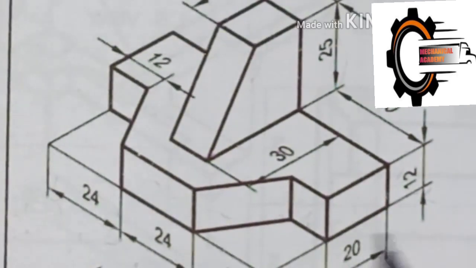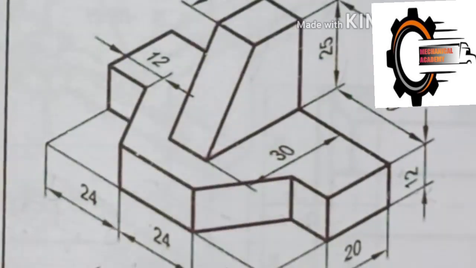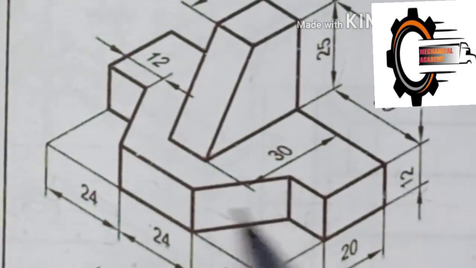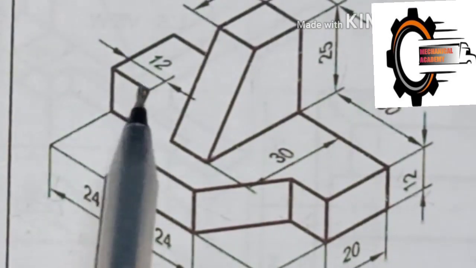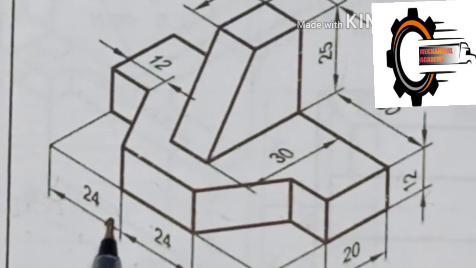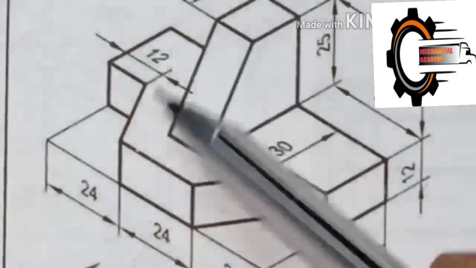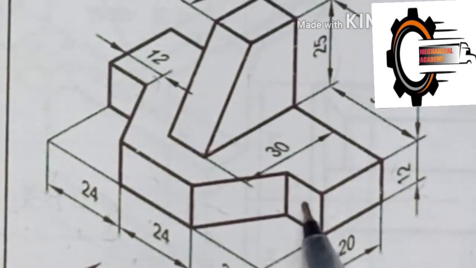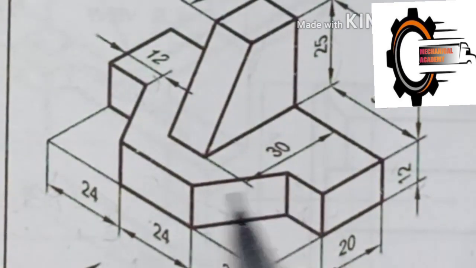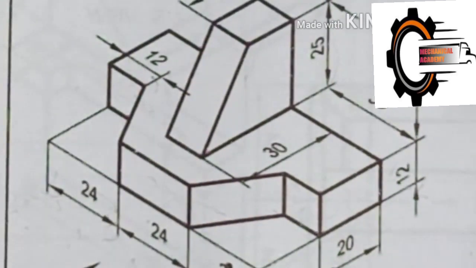Carefully see here, we have two inclination angles. The side is 12 mm, and the total length is 24 mm. Half of this is 12 mm, which means the remaining inclination is also 12 mm. So similarly on the other side, the total is 24 mm. Here we have to complete the three 24 mm.